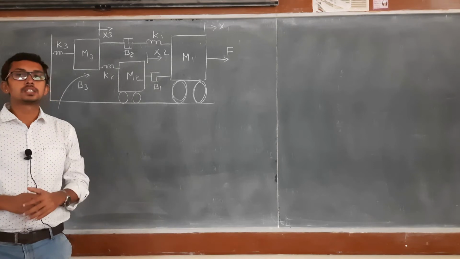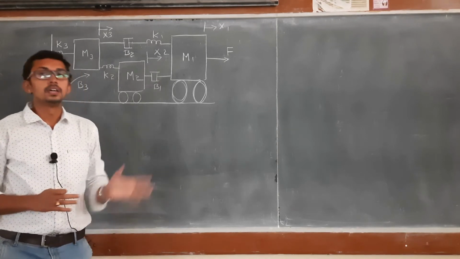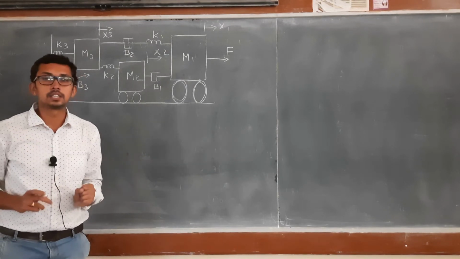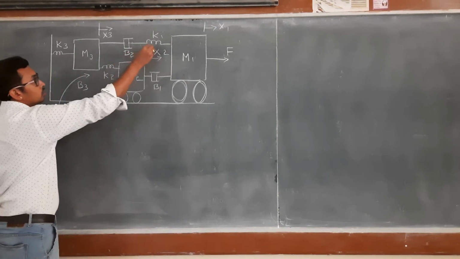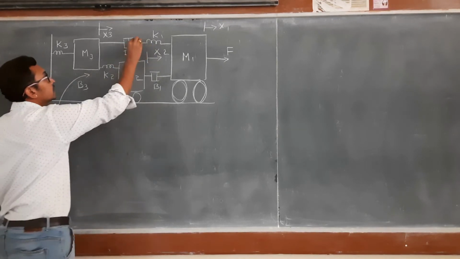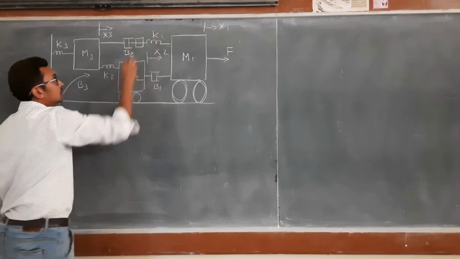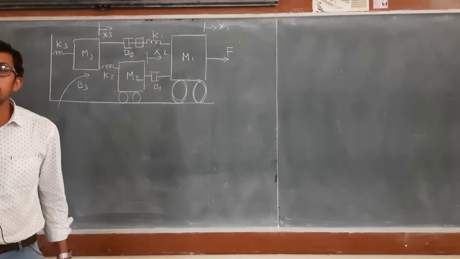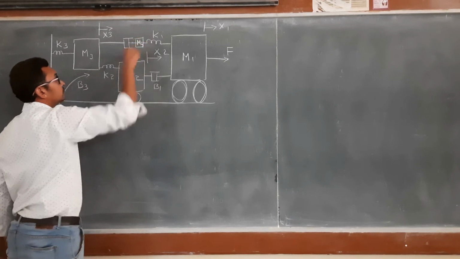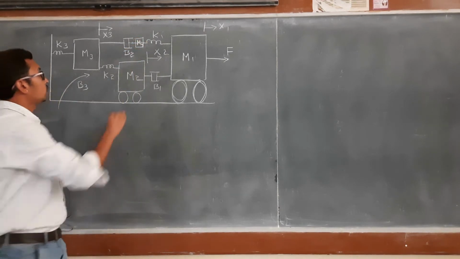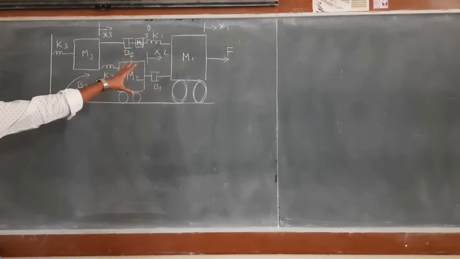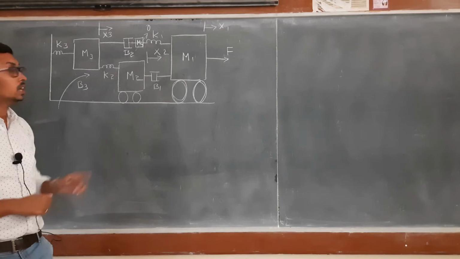In such cases, whenever a damper and a spring, or spring and spring, are connected in series, in between those two we need to assume a mass. I am going to name this as M4. And this must be equated to 0. This is a major change. Please pay attention, my friends.